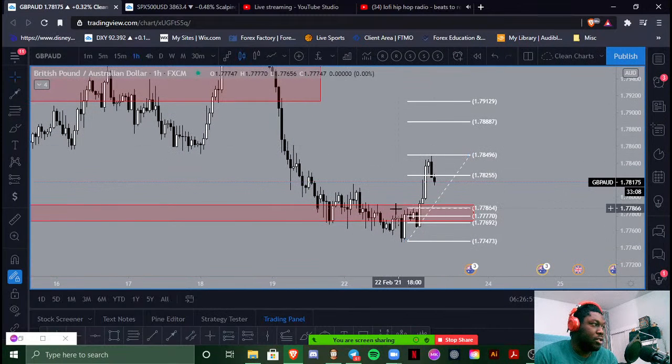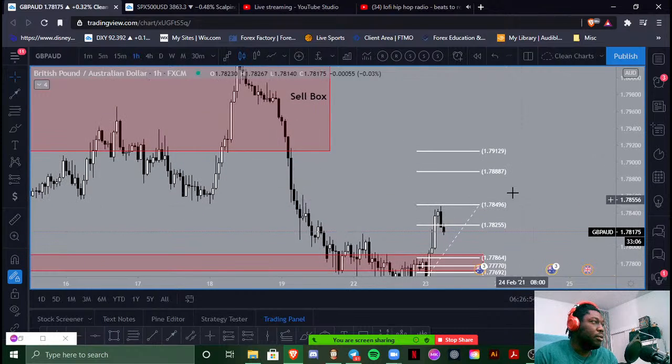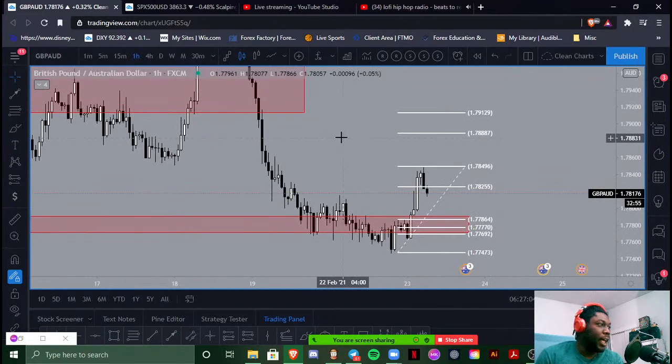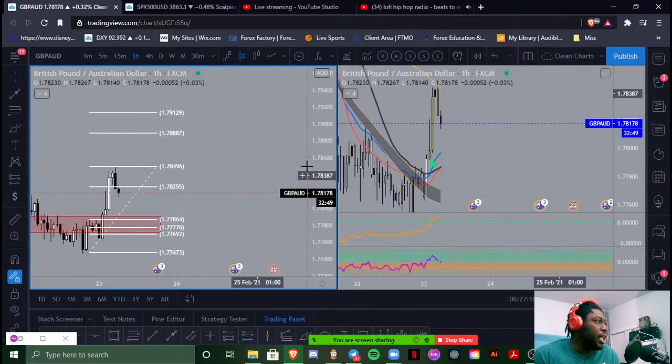If price comes back into this range, then maybe I'll look to buy it for a short time and then probably take it back up to like 1.7887, right here or something. But we'll see how that plays out, because I'm not even sure that I like the GBP buys until I see AUD really starting to sell. So that's that. And then for GBPAUD,